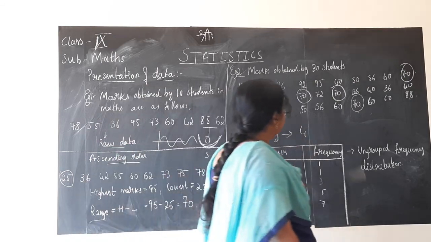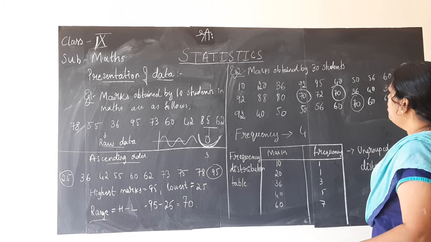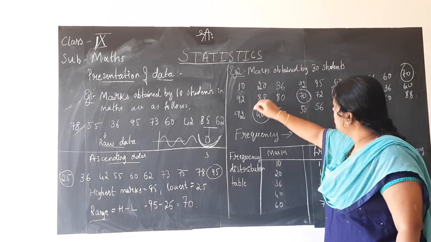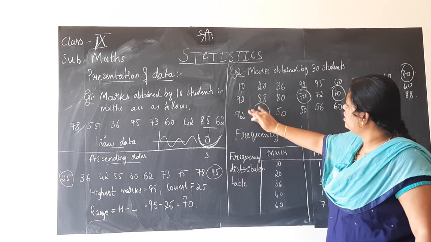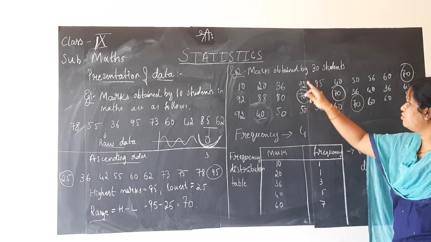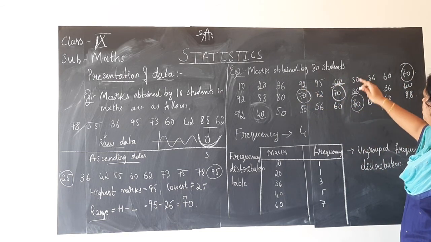Similarly, if you check for another mark which is repeated, say 40, we will check. Now, 40 we got here. What I will do is use a different notation. I will underline it, as I have already encircled the other. Here no 40, 40, no 40, no 40. So the second student with 40 marks.